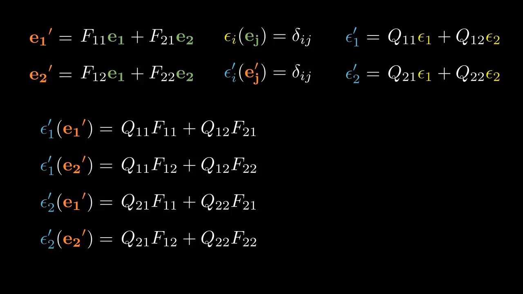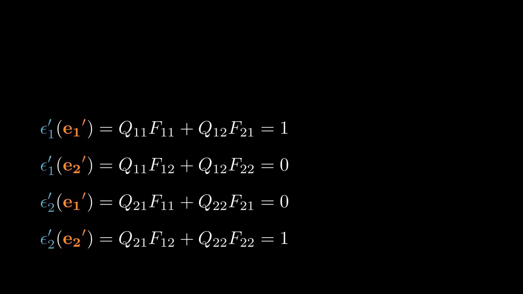You also know the relationship between the new basis normal and new basis vector, the Kronecker delta. Therefore, these are 1s and these are zeros. Now we have 4 unknowns q and 4 equations, so you can solve for q. However, you are familiar with these highly regular patterns. Here are the patterns. The inner suffix of the first terms here is 1. The inner suffix of the second terms here is 2. The epsilon 1's suffixes are here.